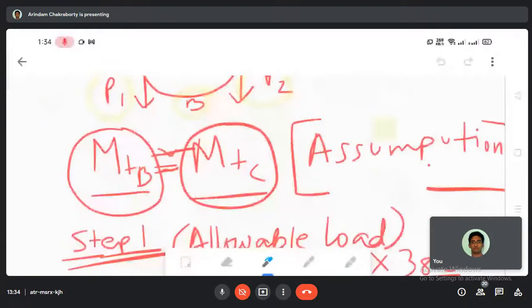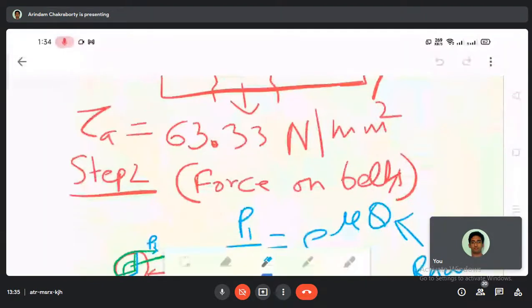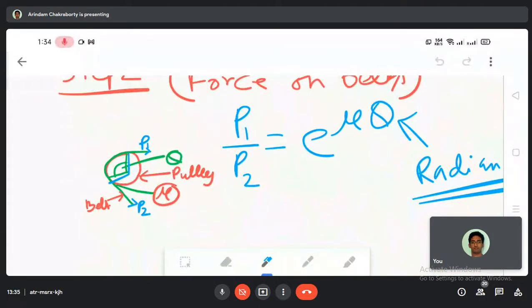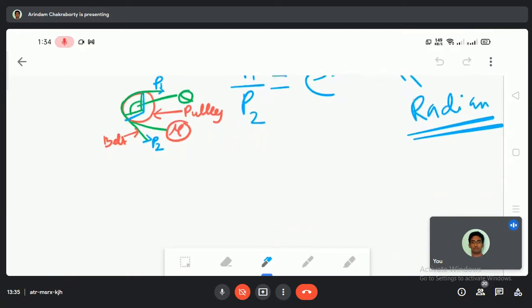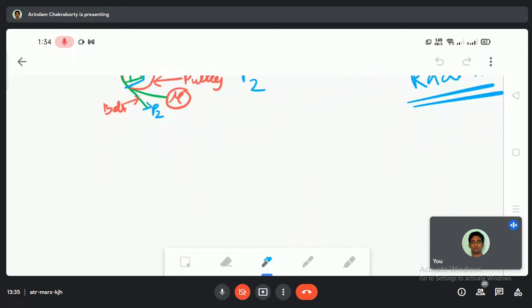Tension in either direction adds on both sides, so we generally put the arrow on both sides. Now the thing is that this is a very good and logical question. You have to understand that we are considering the belt to be connected. Now let me give you one simple example that will make you understand.